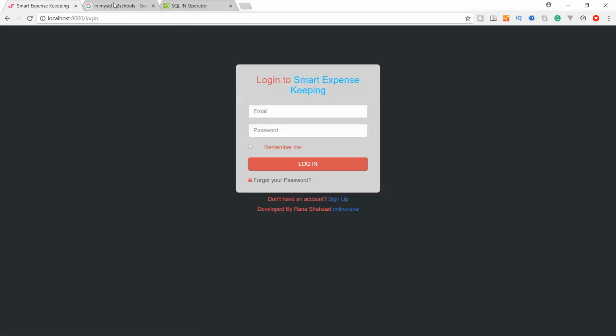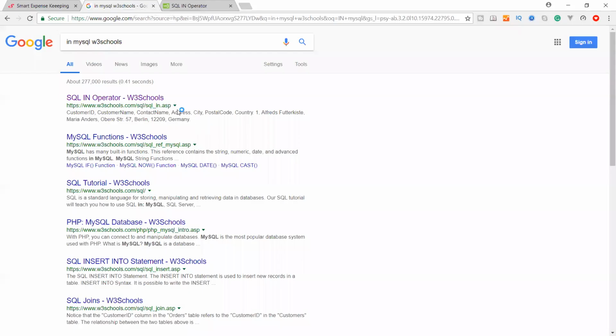Before moving on, I will give you the concept of why to use IN in MySQL. Simply type SQL IN in Google. W3Schools has an excellent description, so you can read it.